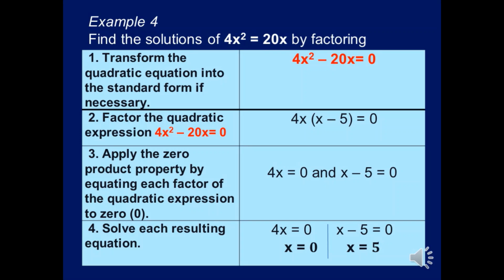Then number 3, again, we apply the zero product property by equating each factor of the quadratic expression to 0. Since our factors are 4x and x minus 5, we equate each factor to 0. So this now becomes 4x equals 0 and x minus 5 equals 0. Then we can now solve each resulting equation. So for 4x equals 0, then we have x equals 0